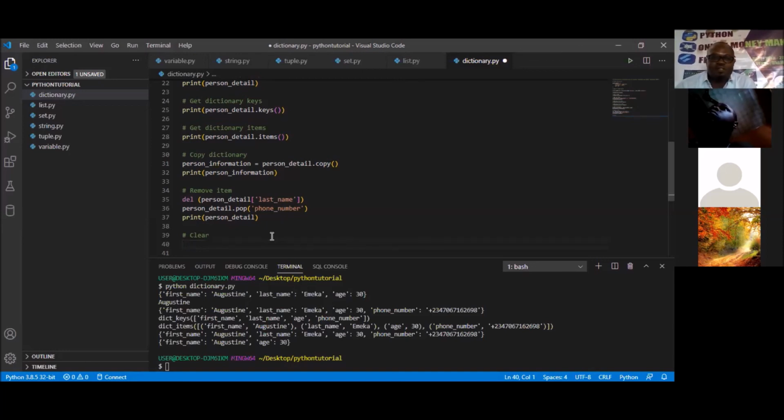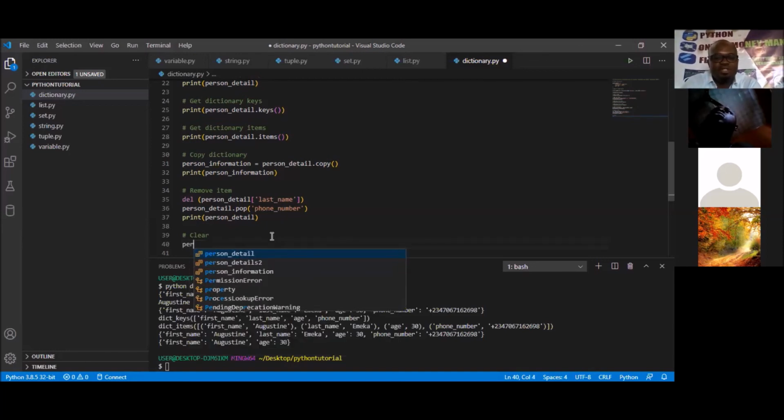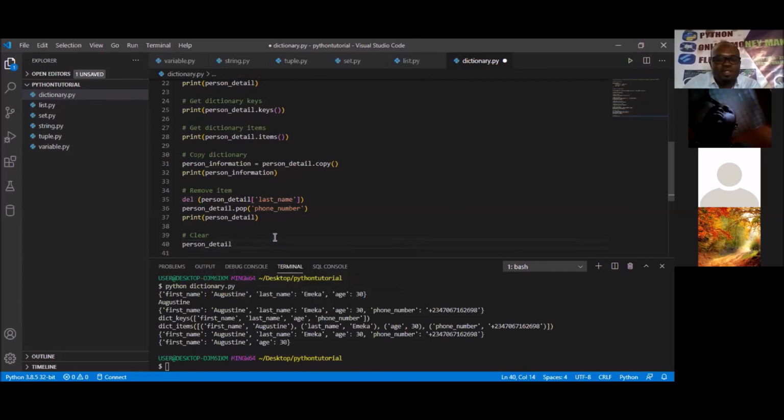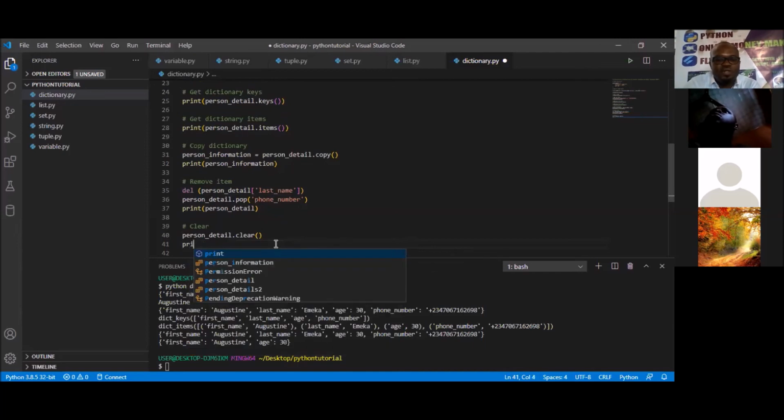So how do we do that? Simply do that by making mention of the dictionary, which is person underscore detail. And you just say dot clear. Very simple. Just say person dot clear. You've cleared it out. So now if you try to print this thing again, we try to print